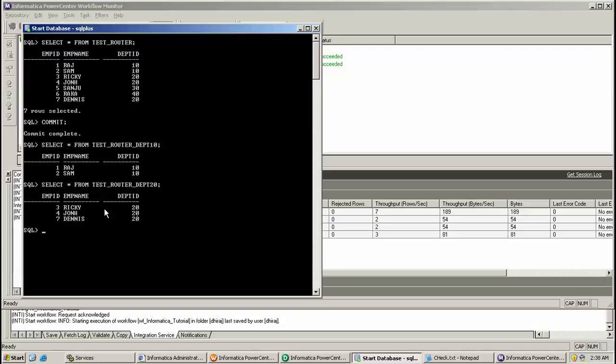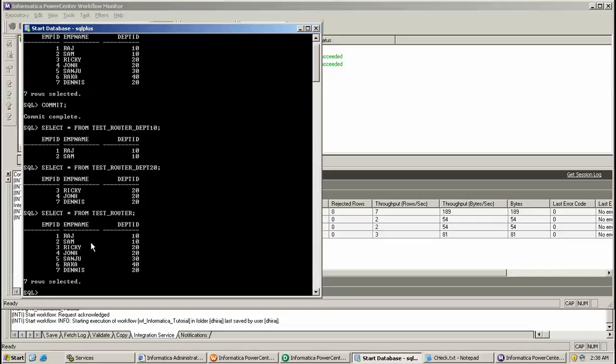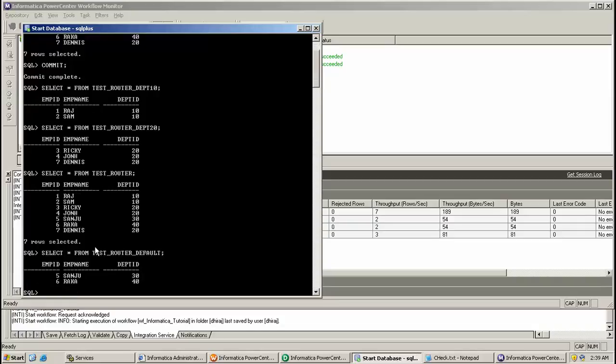We also have the default group, where I expect the other 2 records. In default there are employees who do not belong to department ID 10 or department ID 20.